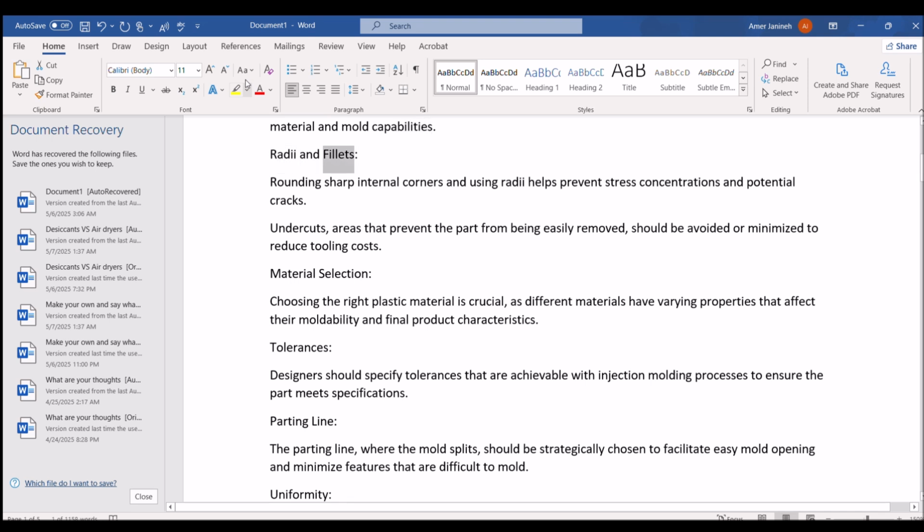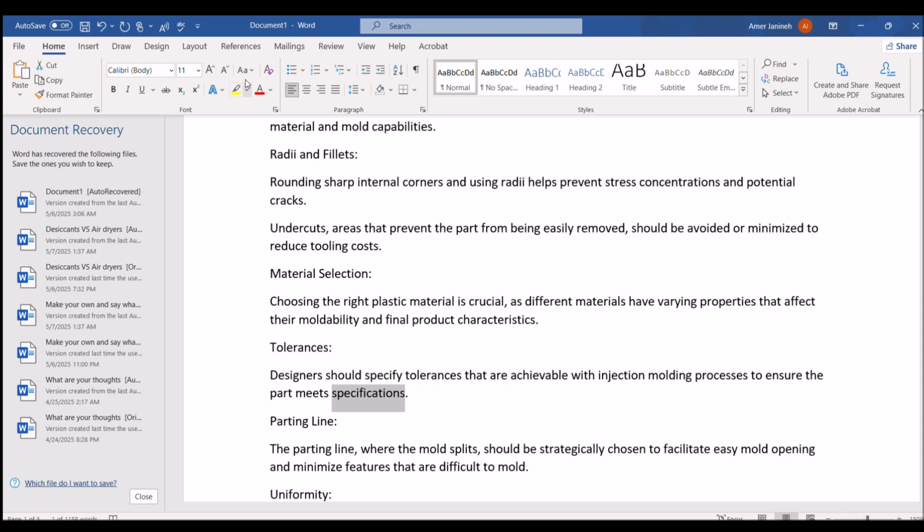Radii and fillets. Rounding sharp internal corners and using radii helps prevent stress concentrations and potential cracks. Undercuts, areas that prevent the part from being easily removed, should be avoided or minimized to reduce tooling costs. Material selection. Choosing the right plastic material is crucial, as different materials have varying properties that affect their moldability and final product characteristics. Tolerances. Designers should specify tolerances that are achievable with injection molding processes to ensure the part meets